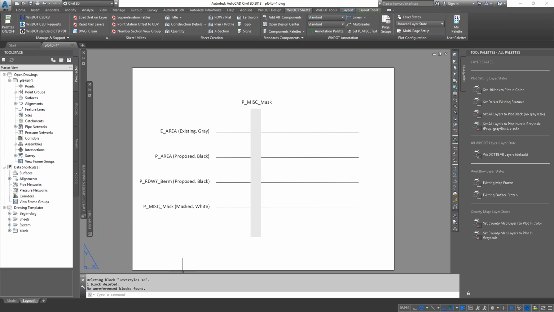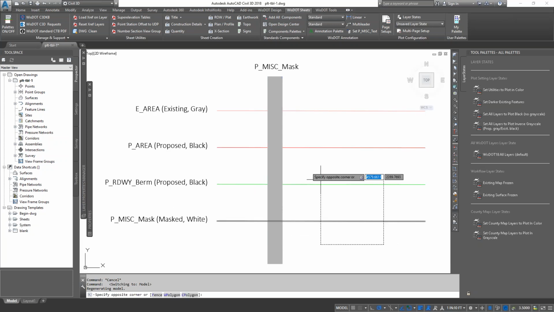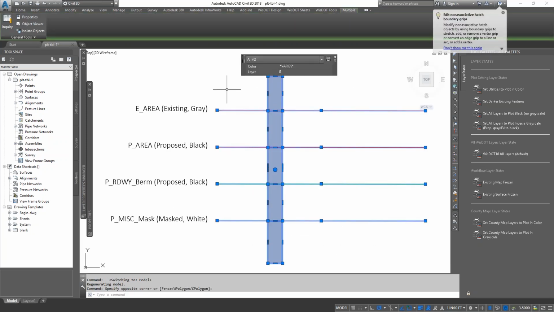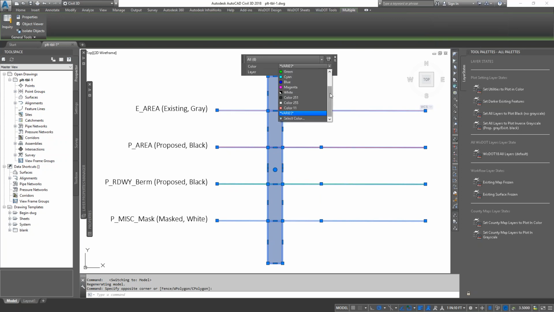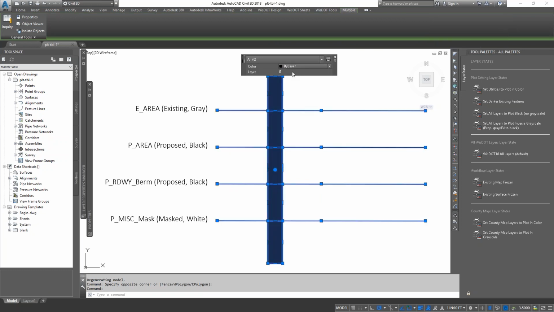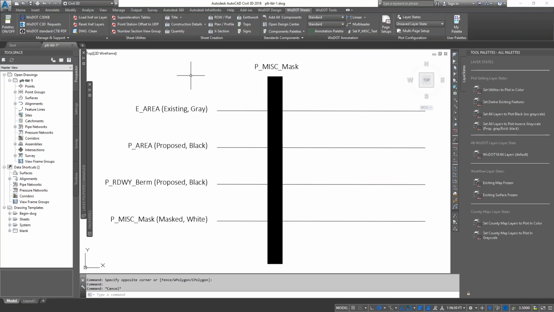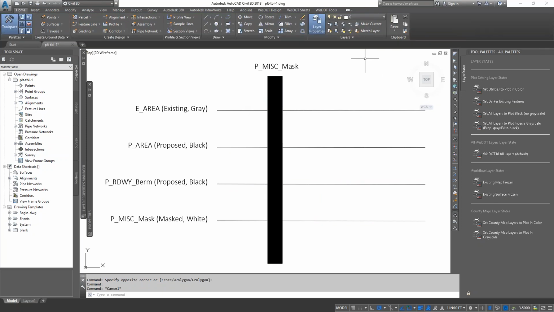Well, that's fine, but these objects still aren't using the layers to control. They're not using layer properties to control the color. They are hard-coded, right? So to make them be controlled by the layers, what do we need to do? We need to set those to by layer. So objects that are by layer are going to take on that layer. They're still on layer 0. So what we can do is we can go and switch those to